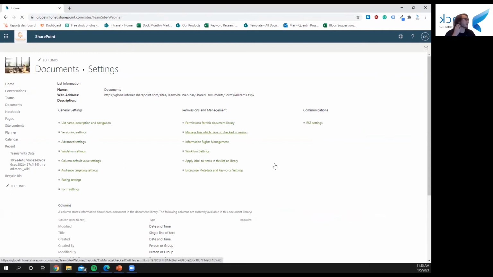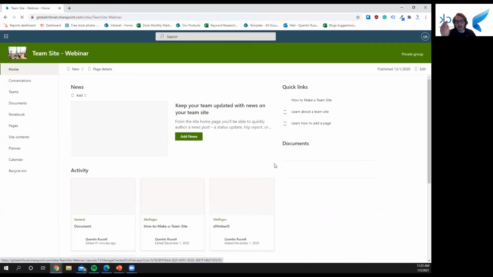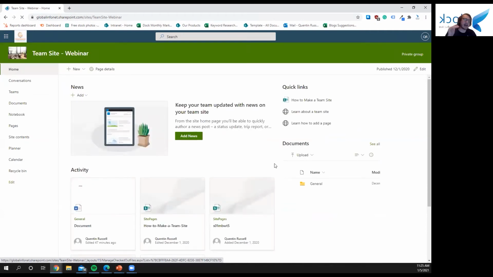If you set everything up with a hub site, you can determine those settings at the hub site level, and then they will be implemented for all of the sites that are connected to that site down. So I really recommend setting up hub sites. If you have any questions about those, we also did a webinar about that back in December. Again, go check that out,